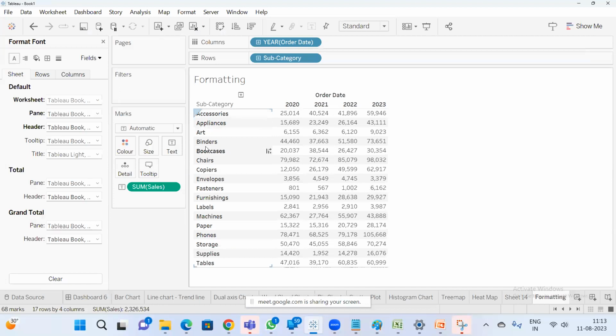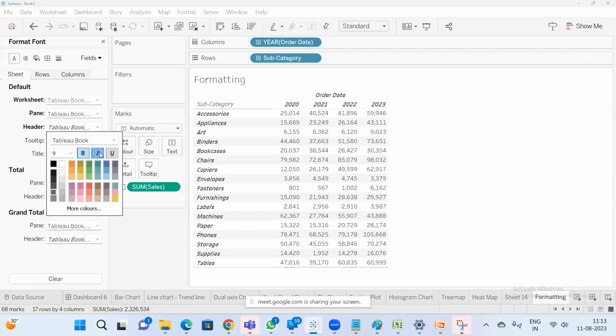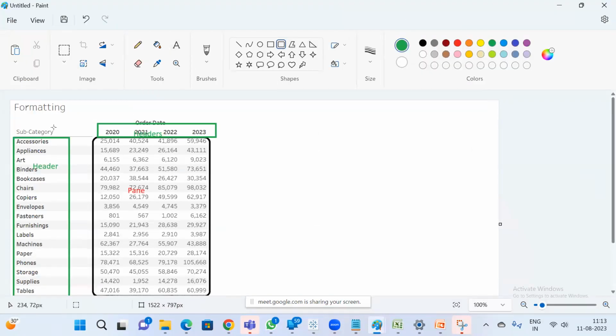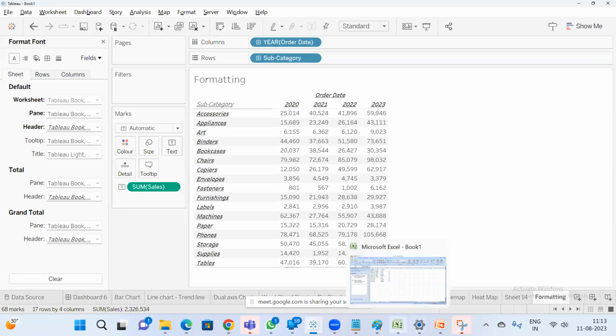So now I want to make changes only to the headers. So then what will I do? I will just select these things. If I make it italic, only this will get changed. If I underline it, only the headers, even this is also a header. So this will also be considered as a header. So if you want to make changes for headers separately, and so even when we create any table structure,